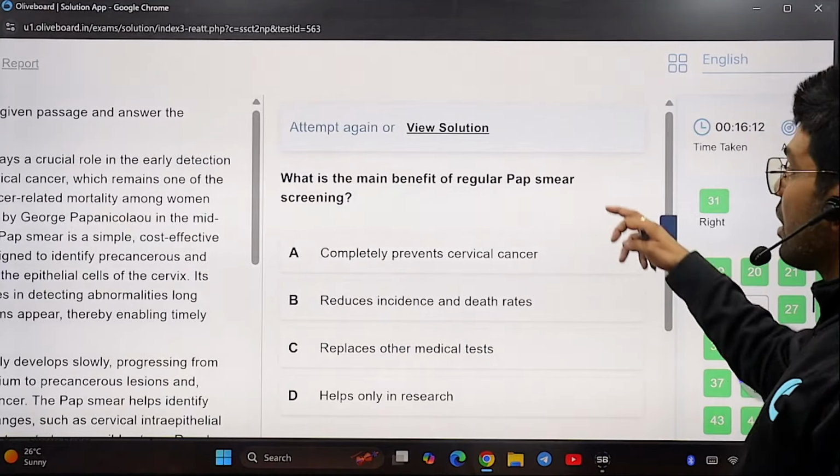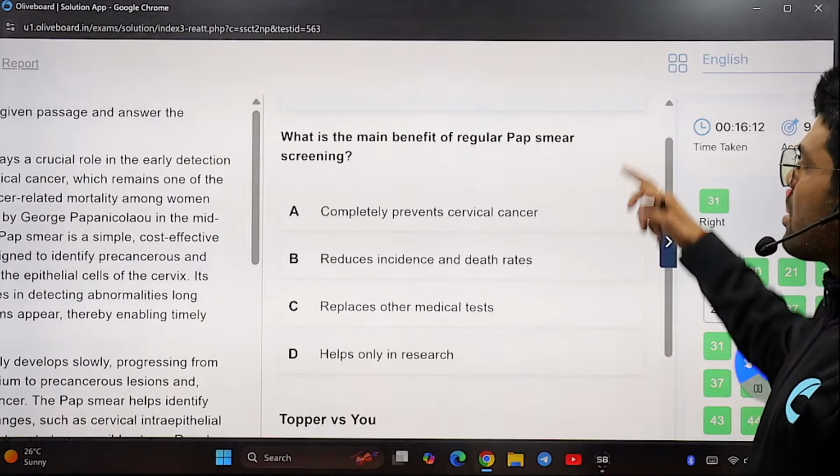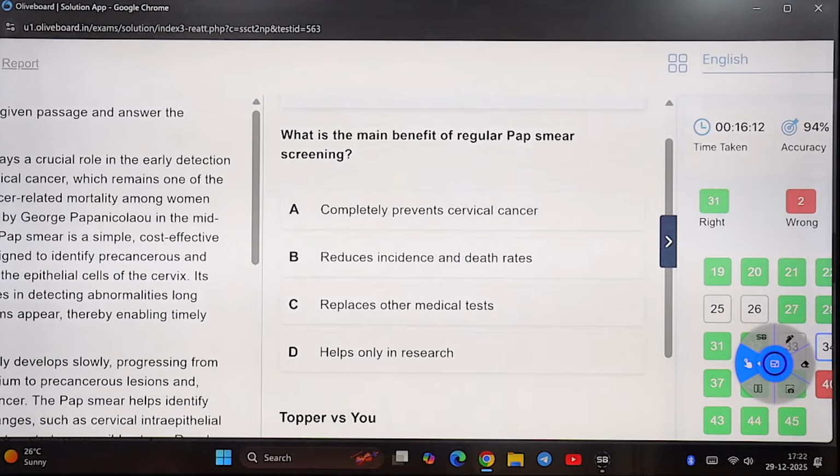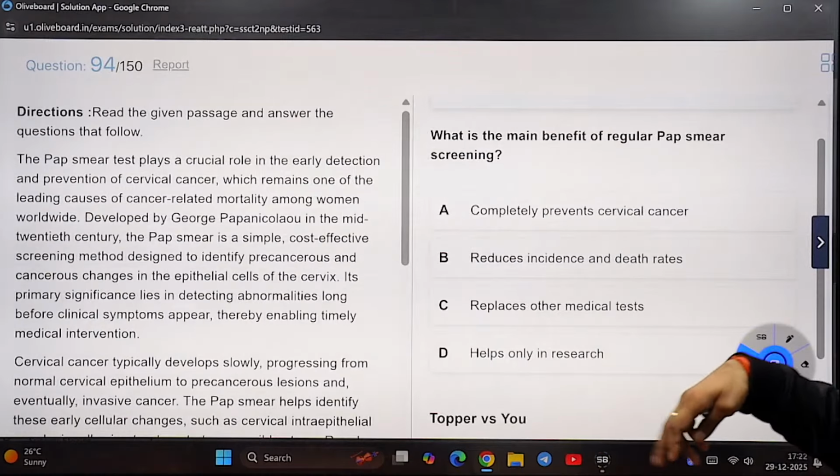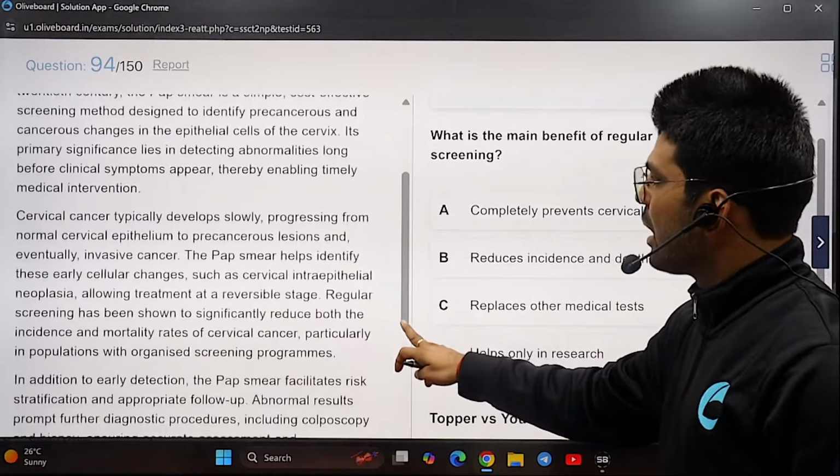Quick, I have a class. Everyone, what's the benefit of regular pap smear screening? Does it completely